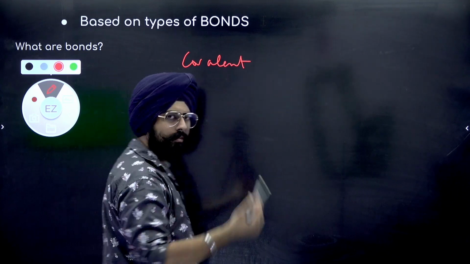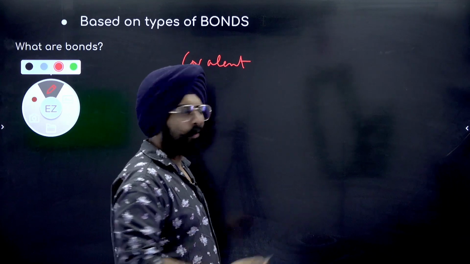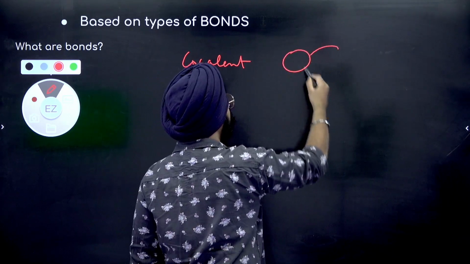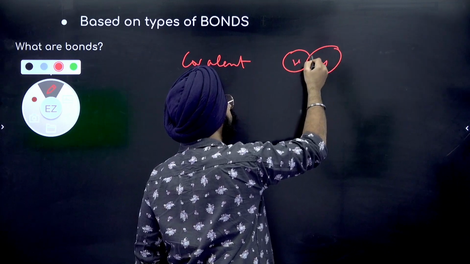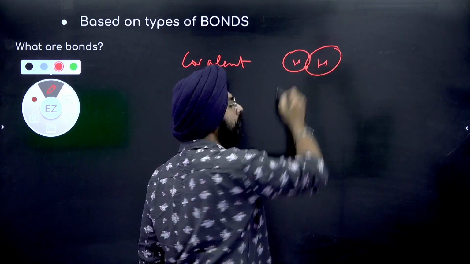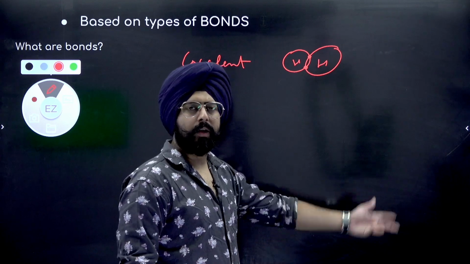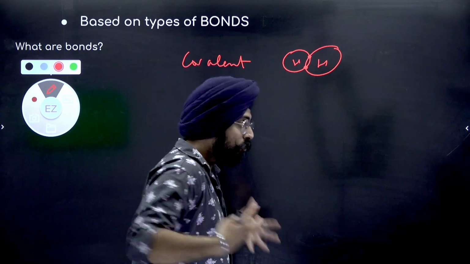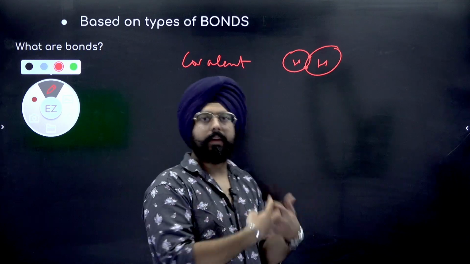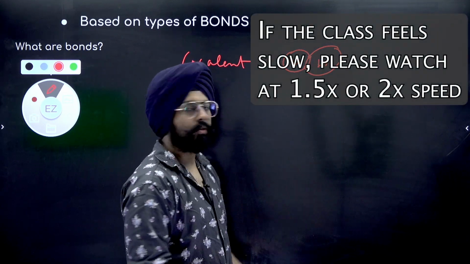Whatever, ionic bonding. Why am I writing it? Covalent bonding, everyone knows there is sharing of electrons. Let's take the example of H2 gas. Sharing of electrons between 2 hydrogens. So this sharing of electrons is what keeps them together. That's why they're attracted to each other, because they're sharing their electrons with each other.